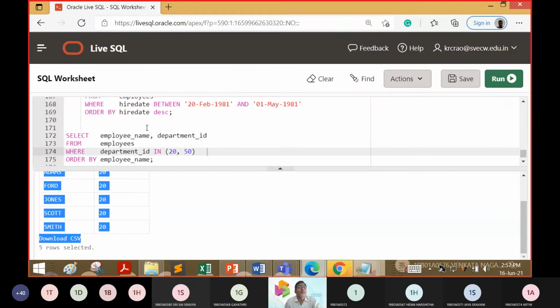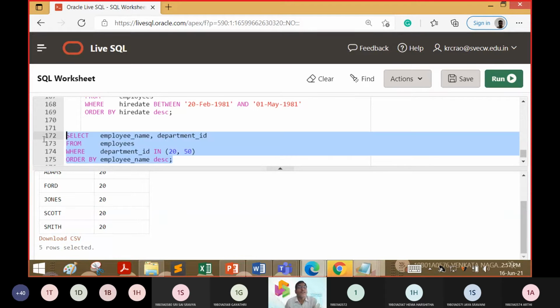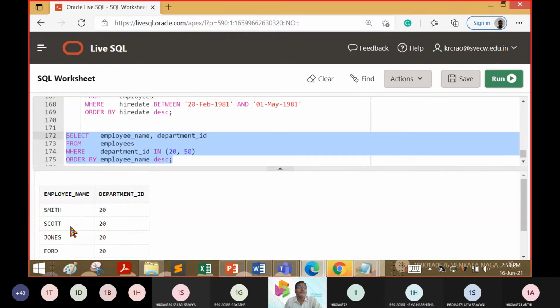You can see at line number 169, where did I write DESC? So I'm writing it after employee name. Now you can see the query here, Smith, Scott, and all of them came here. Okay, fine.